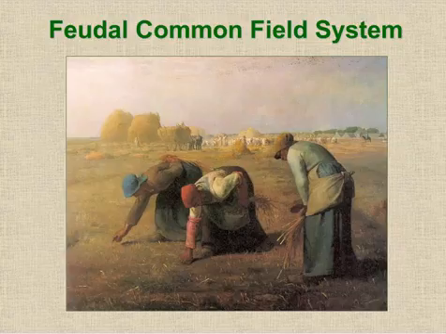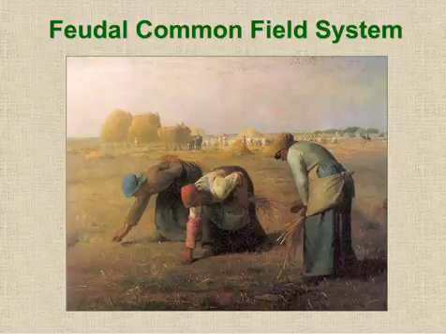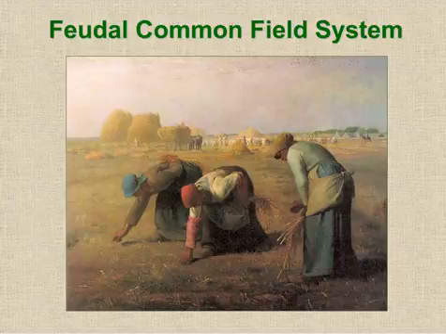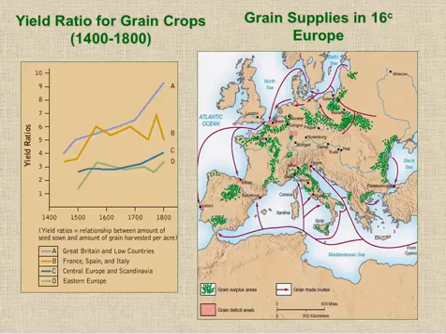We've already talked about the concept of the common field, the commons, and these are called gleaners. These are the very, very poor. After the harvest has occurred, these people are allowed to go back and pick up whatever is left, and then they can live off of that. But this kind of shows you